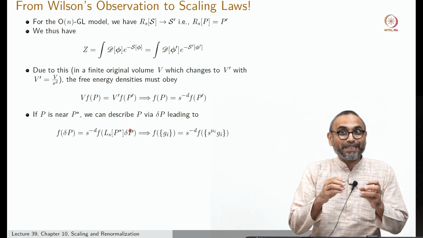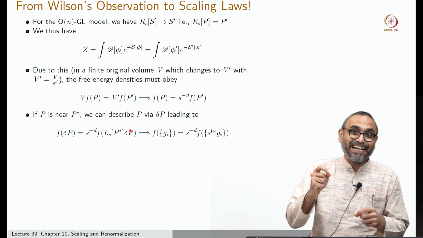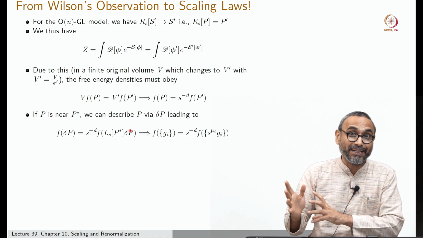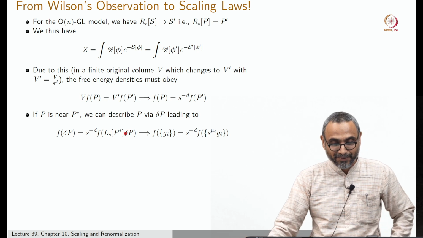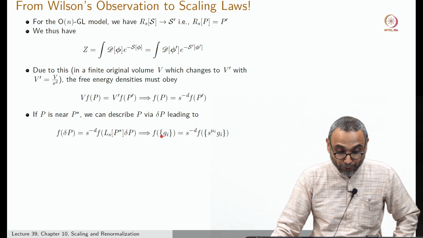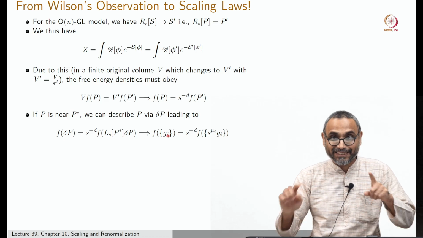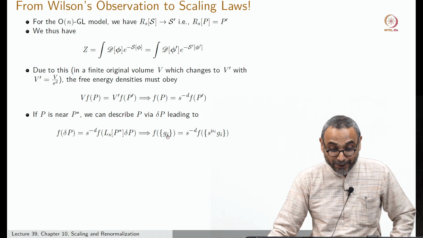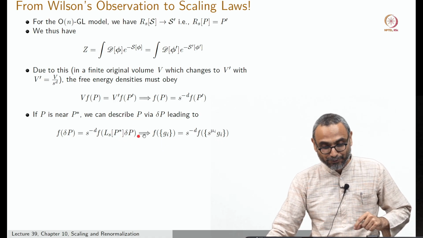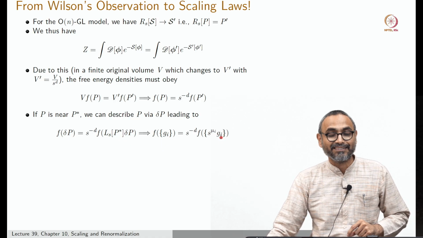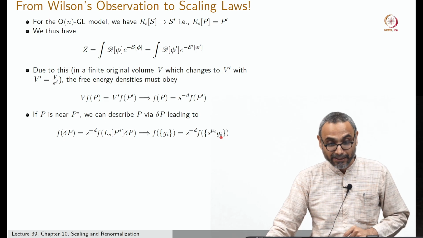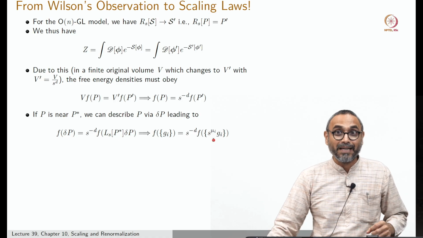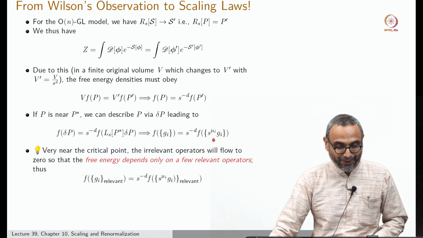But now we know that delta P can be written in terms of Gi, the coefficients of delta P in the basis of the eigen-operators of Ls of P star, and therefore this is a function of all these variables. That is why it is a set of Gi times s to the power mu i, since we know Gi transforms under Ls to s to the mu i Gi. So there are a huge number of parameters Gi, but now you realize something very important.